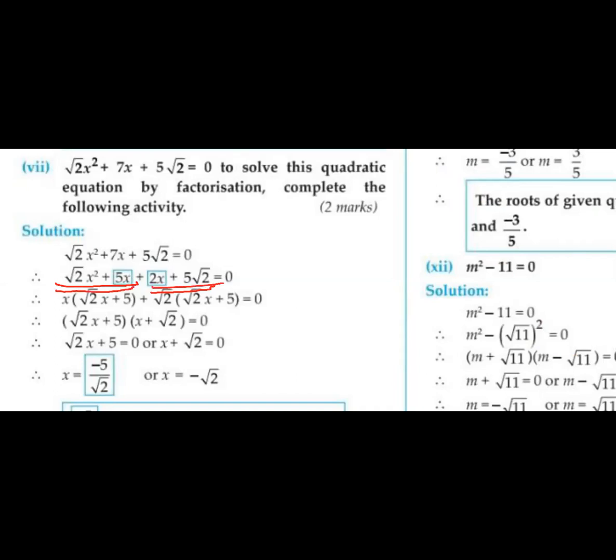So common between the first two terms, if you check, here it is x square, here it is x. So you can take minimum x as the common, right? And then it remains root 2x plus 5. Okay. And for the last two terms, you can take root 2 as a common. So here it's showing, here it's root 2. See, what is the expression in this block?